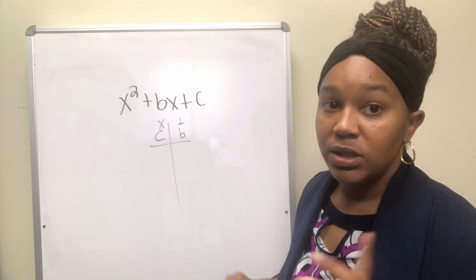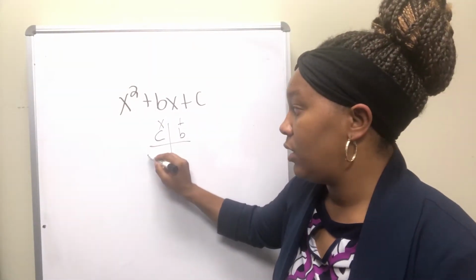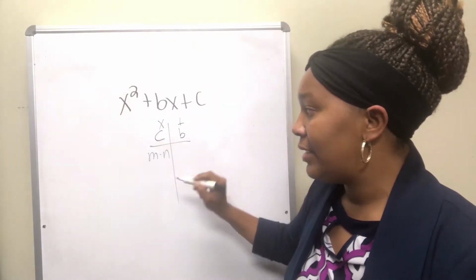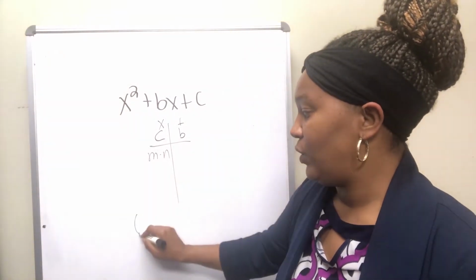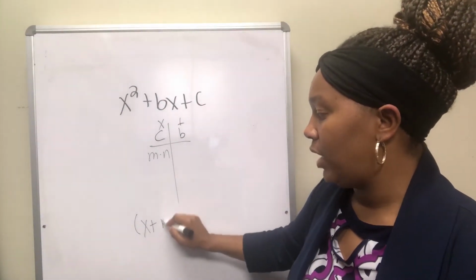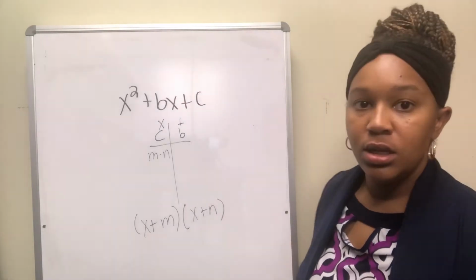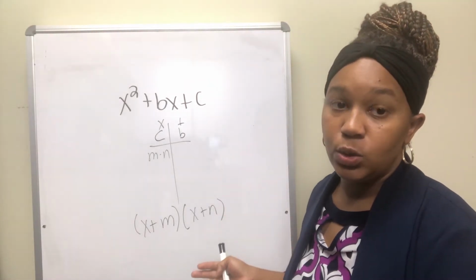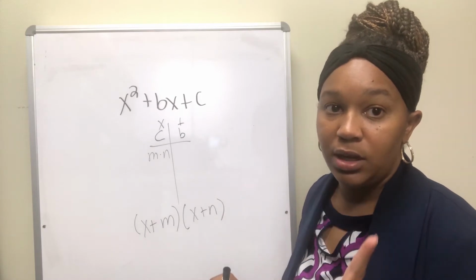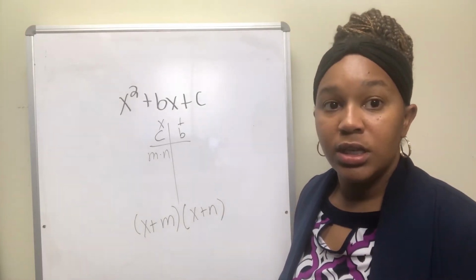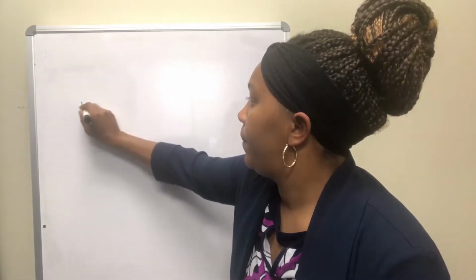So whatever those factors are, for example, say the factors are m and n, then your solution in factored form will be x plus m times x plus n. So this is what we're aiming to do when we factor trinomials that have a leading coefficient of 1. So let's look at some examples. Example 1,